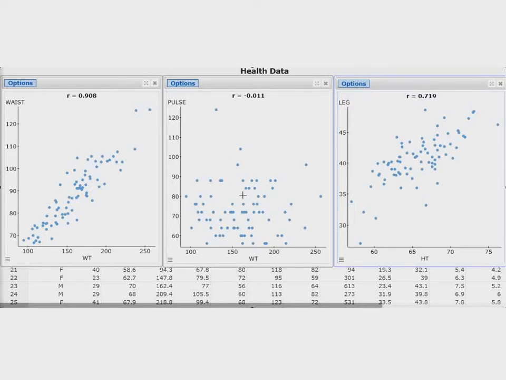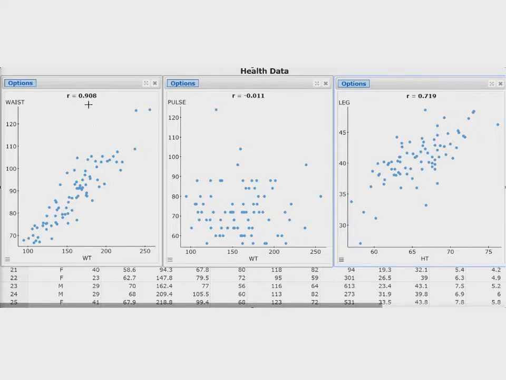So here I have three scatter plots pulled up, and if you compare the three of these, this one on the left has the most clear linear trend. The points are the closest together and the closest to being in a straight line pattern. If you notice, this one also has the R value that's the closest to 1 out of any of the